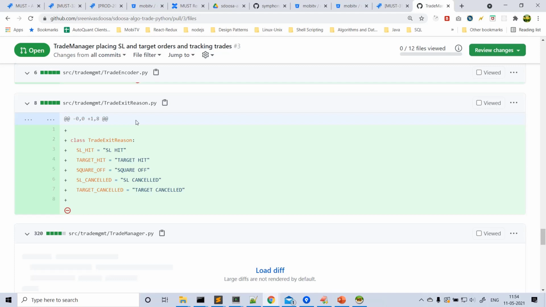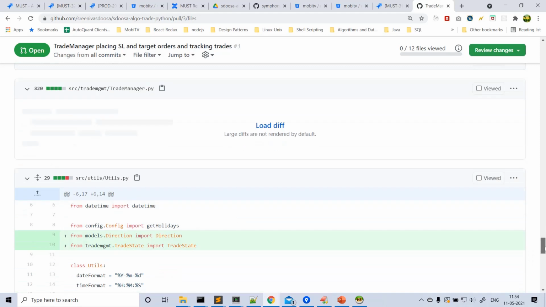Okay. Similarly, the broker can also cancel the order for whatever reasons. In that scenario, what I wrote in the algo is that I'm just setting the trade to complete. I'm not taking any action in such scenarios. If the SL or target order is cancelled, I'm setting the trade to complete by filling the exit price as the current market price whenever that is detected. So you need to check manually in your broker terminal and take appropriate action manually. If the position is still open, then you have to close the position manually if that situation arises.